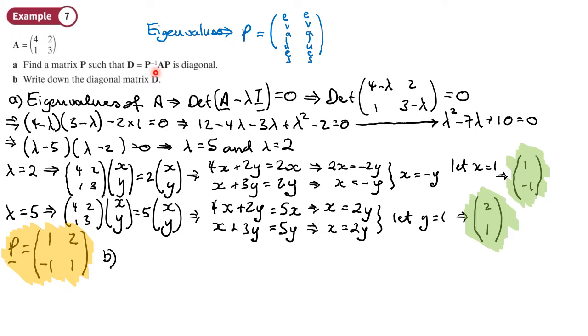Okay, how are we going to find that? By doing P inverse times A, this matrix, times P, which we've got. So now we want to find P inverse. Now we could use our calculator to do this, but actually by the time you've gone into the right menu, typed in the values, pressed the x to the -1 button and done all of that, you probably could have worked it out